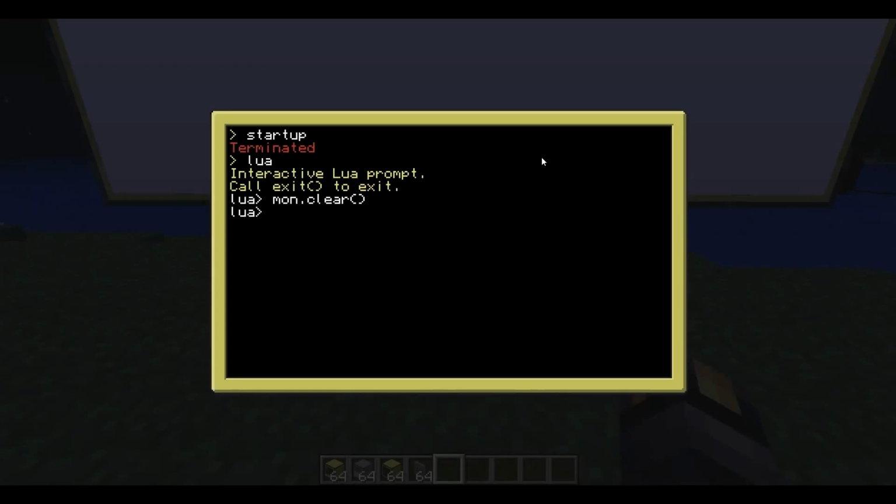Oh, actually, sorry. The first thing we should be doing is mon = peripheral.wrap("top"). So wrap your peripherals, always wrap your peripherals first. This is still working because that startup program was wrapping the peripheral and the computer remembered where it was. But for you, if you haven't done anything yet, you need to do that first. So do that. Then you can try mon.clear. Bam. Okay, now